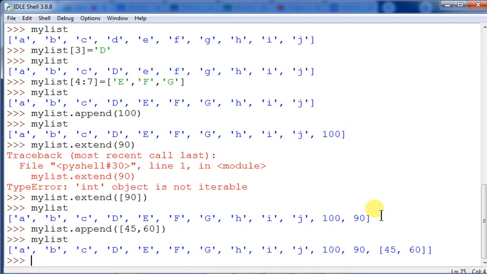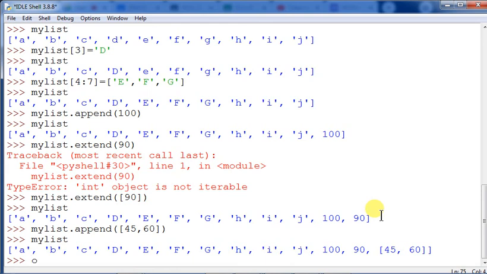So the thing is that we can add one item to a list using the append method, or add several items using the extend method. We can also use the plus operator to combine two lists. This is also called concatenation of lists.